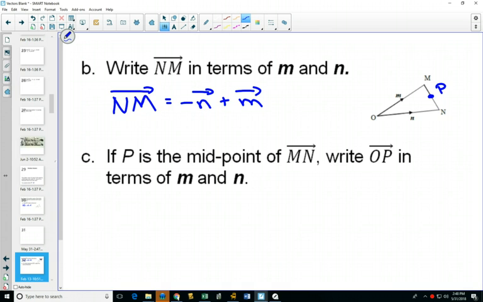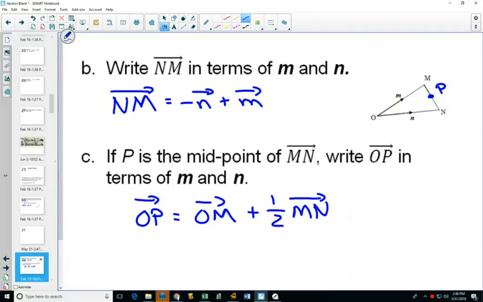Half of each vector. So how does that work? Does it make sense that you could get from O to P by going from O to M and then going halfway